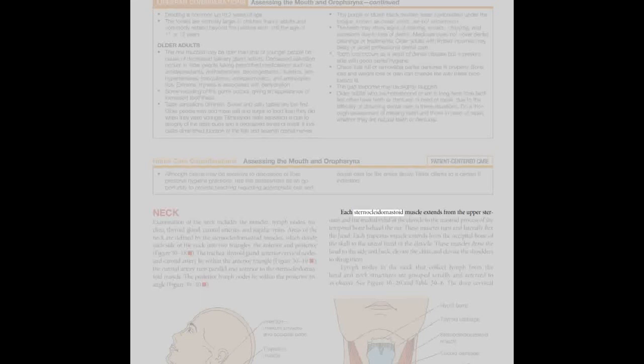Each sternocleidomastoid muscle extends from the upper sternum and the medial third of the clavicle to the mastoid process of the temporal bone behind the ear. These muscles turn and laterally flex the head. Each trapezius muscle extends from the occipital bone of the skull to the lateral third of the clavicle. These muscles draw the head to the side and back, elevate the chin, and elevate the shoulders to shrug them. Lymph nodes in the neck that collect lymph from the head and neck structures are grouped serially and referred to as chains. See Figure 30-20 and Table 30-6. The deep cervical